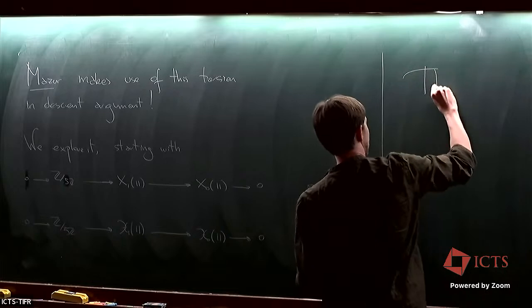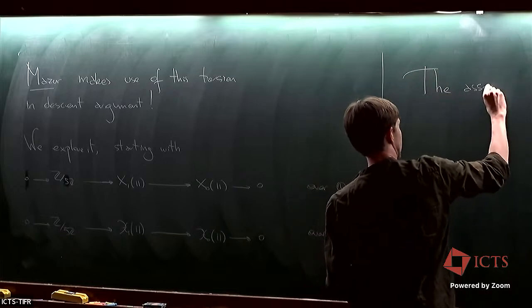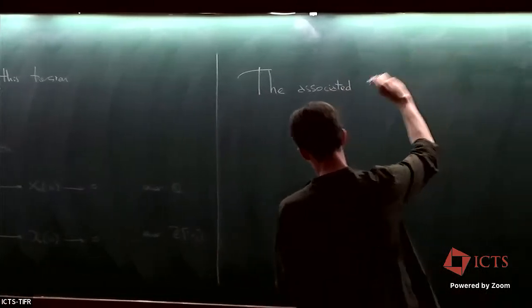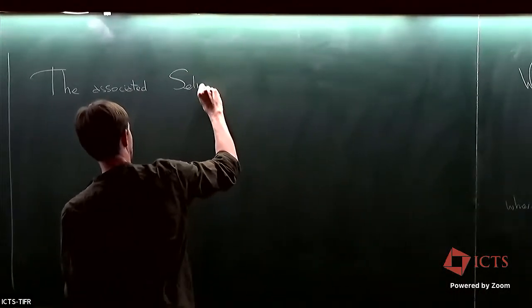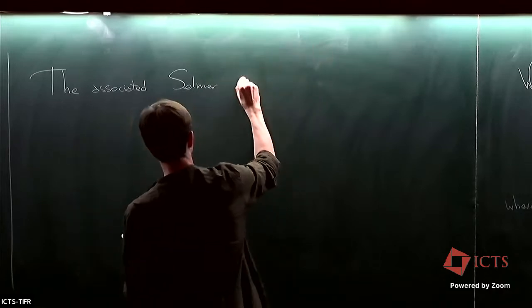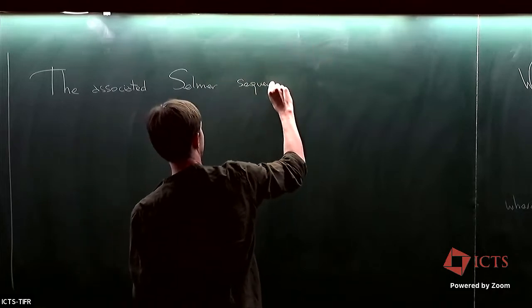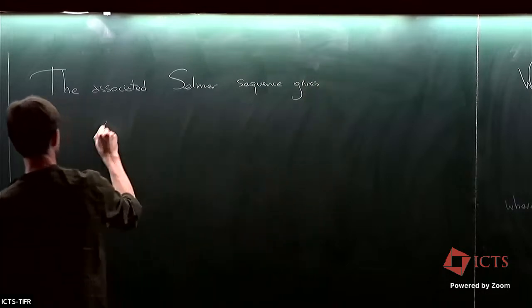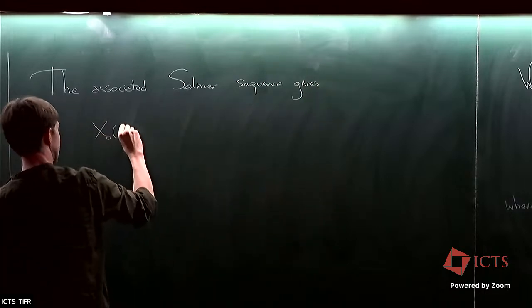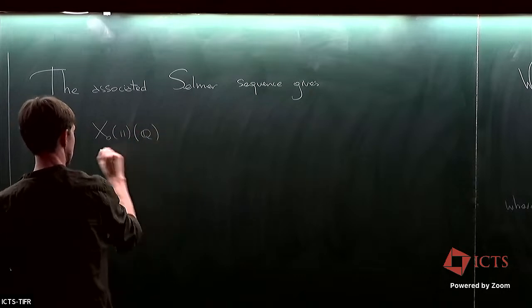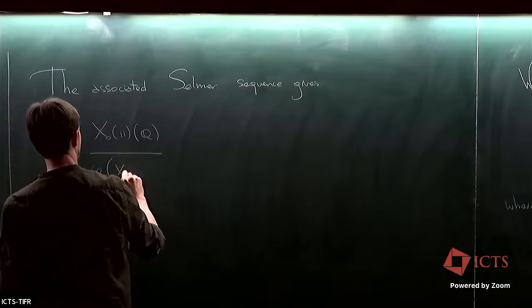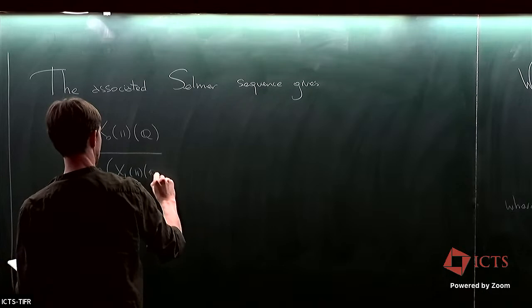And so we obtain from the general descent formalism an injection of X0(11)(Q) modulo the image of this isogeny phi of X1(11)(Q)